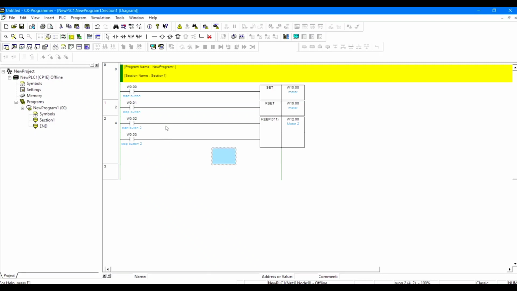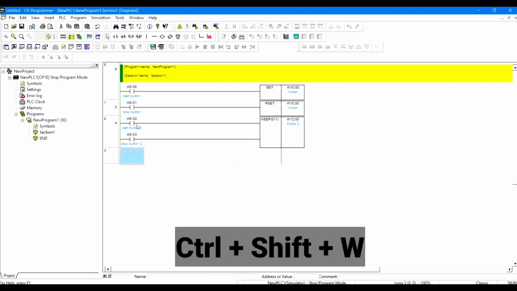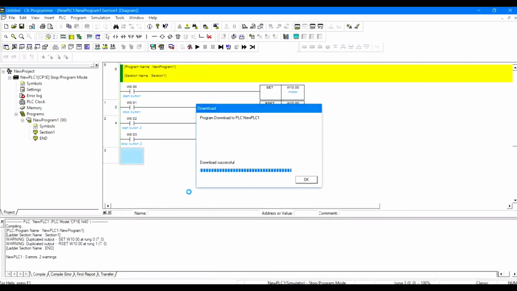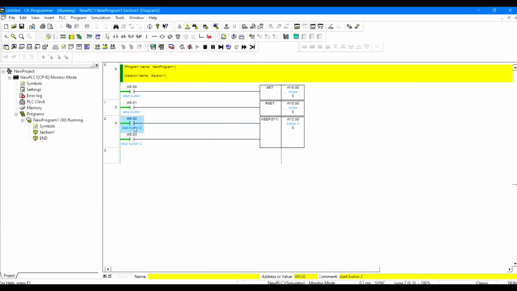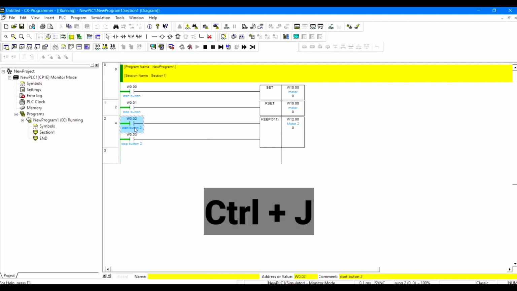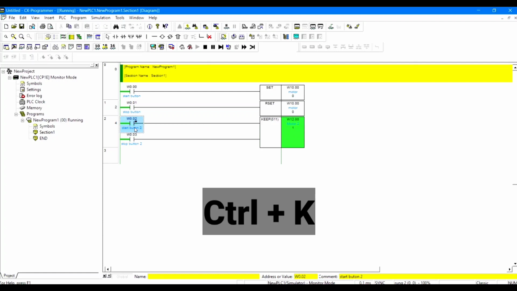So let's simulate this. Work Online Simulator again, Control Shift W. This instruction works quite similarly. When we press Control J, the motor will turn on, and then once the motor is turned on, whatever the status of the push button, it will stay on.